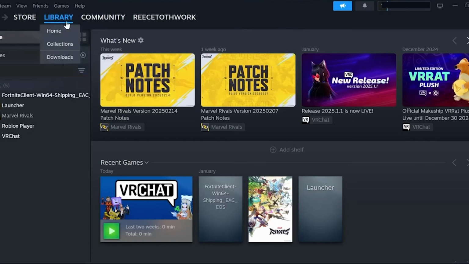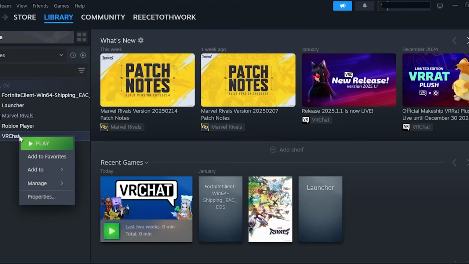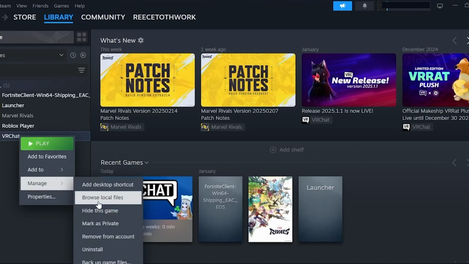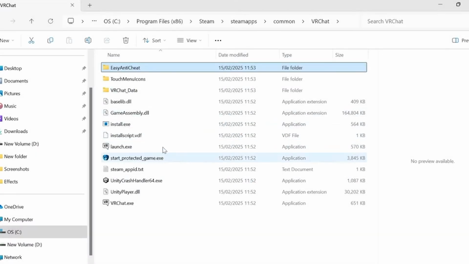As you can see on the top navigation here, library, you just need to right click on the game that you are having issues with. So for me, it's going to be VR Chat, but for you, it could be Apex Legends or basically any game. So right click on it. Then we are going to click on manage and select browse local files,